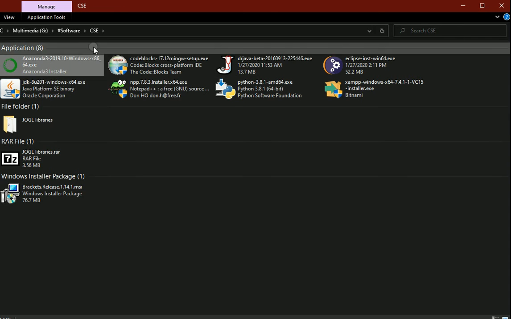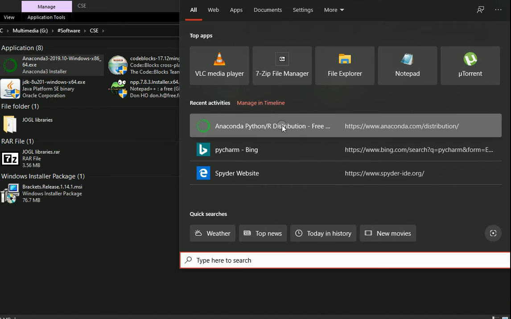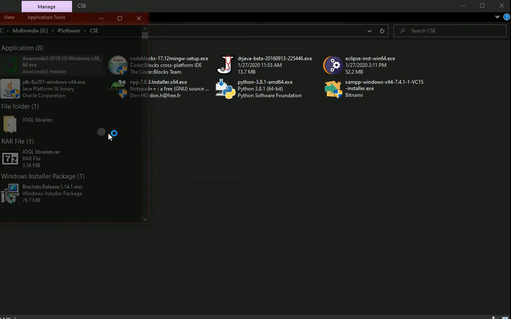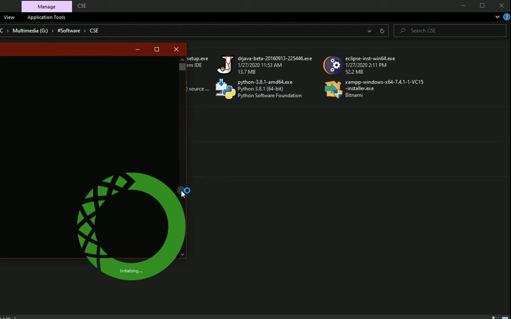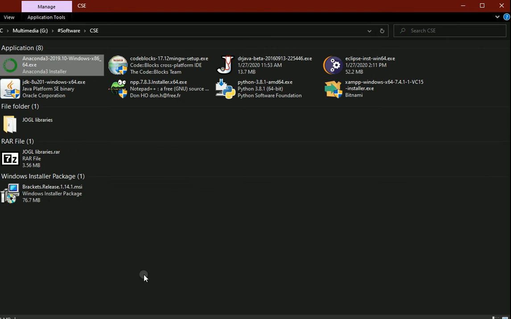And this is Anaconda. Once you install this, you will get something like this. Okay, when you go to search, you can just write Anaconda and Anaconda Navigator shows up. You see this a lot in your labs. It will take a lot of time because it loads a lot of things. While it's loading,